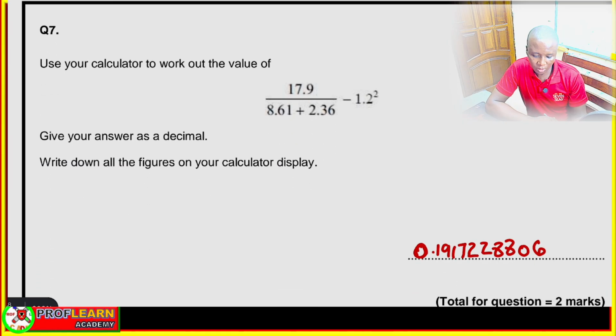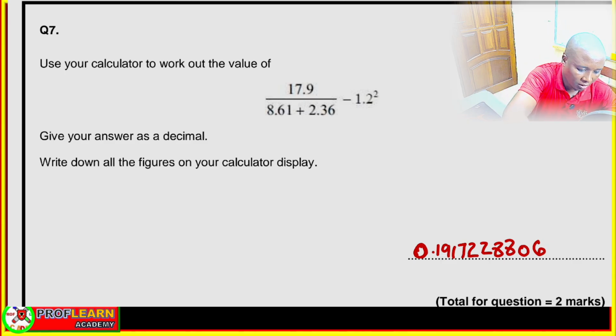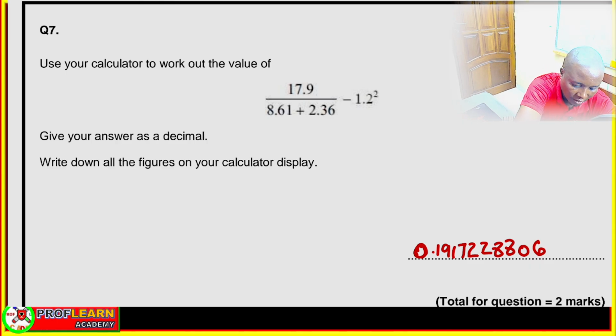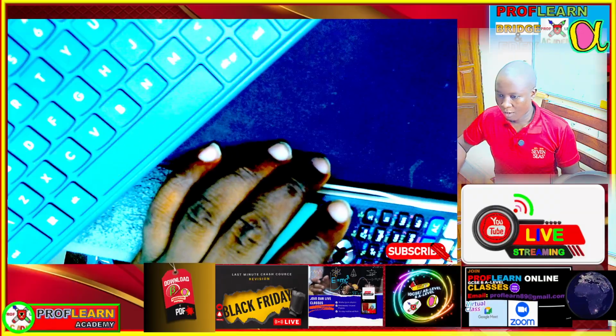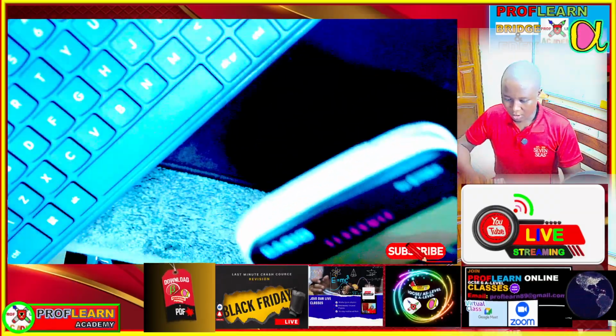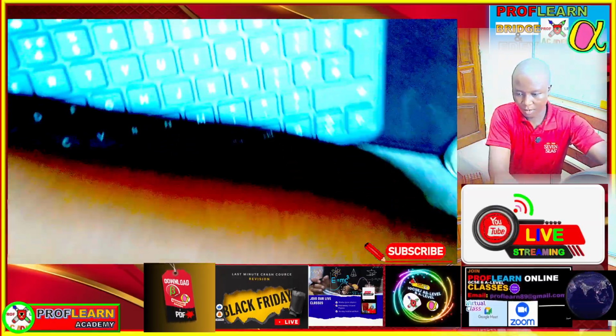Question number 7 is a question where you are supposed to enter that information in the calculator. So I believe you can enter that in a calculator so that we can see what it's going to give us. Let me show you how you can enter that information in the calculator for you to earn the marks. The main question here, you can see at this point,